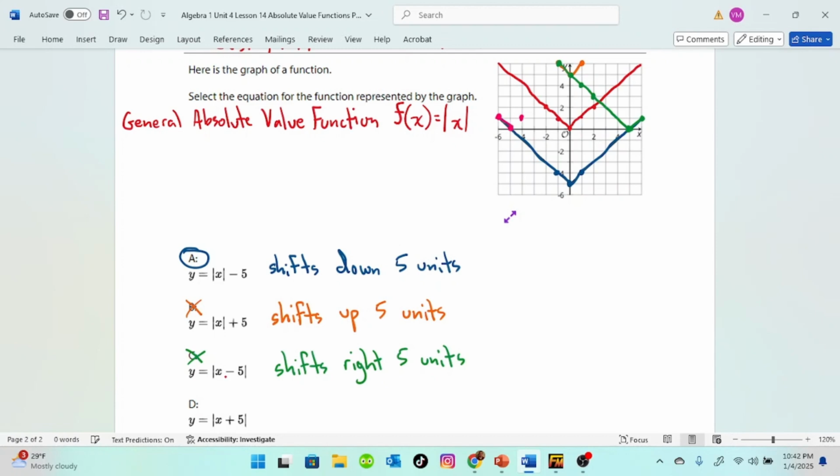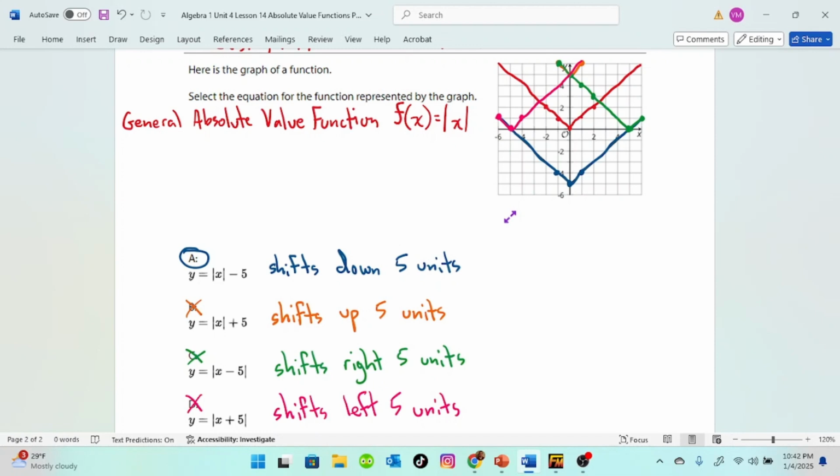Now we have our V shape, but our V shape has now shifted to the left by 5. So it wasn't D. So the correct answer is A, but what I want you to notice is that if